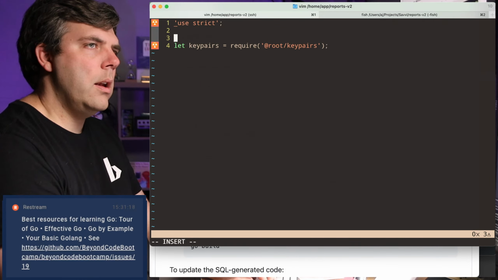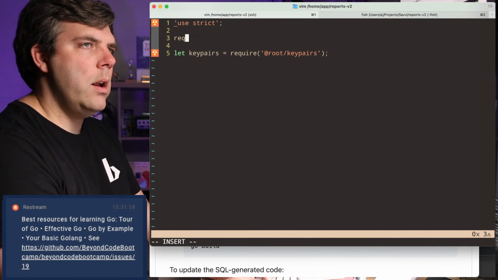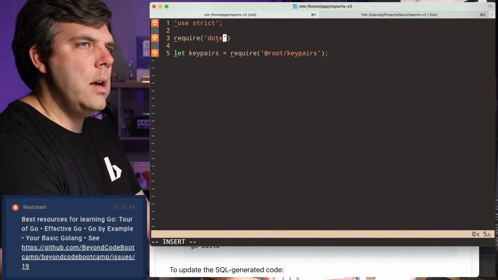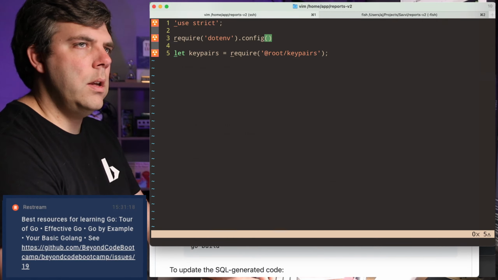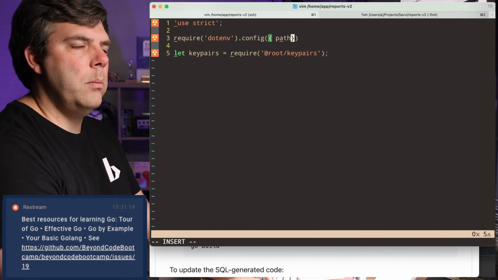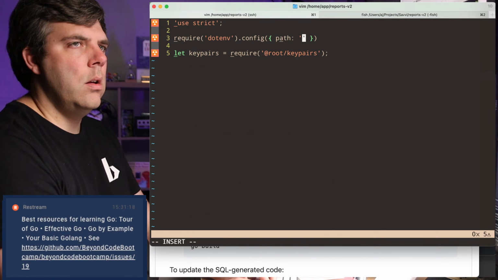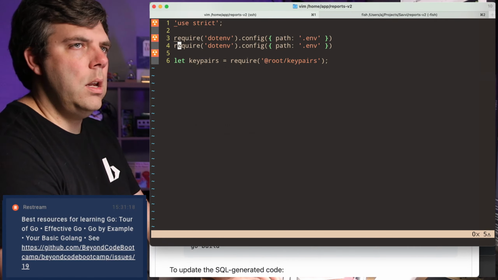And then we're going to need kind of the same thing with require dotenv.config, and I'm going to pass in path .env.secret.